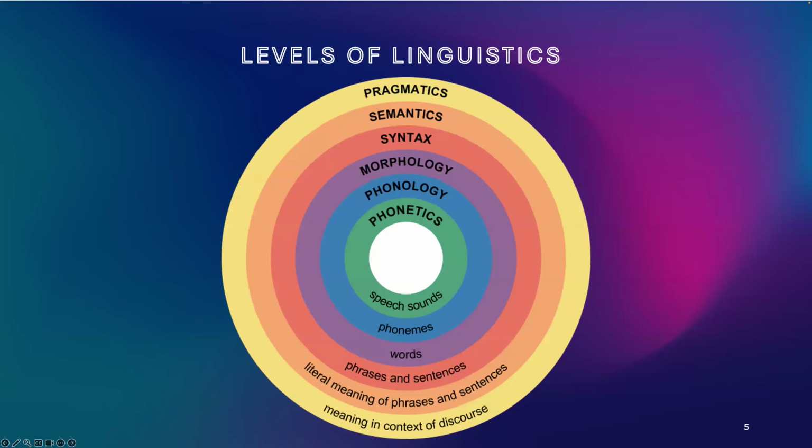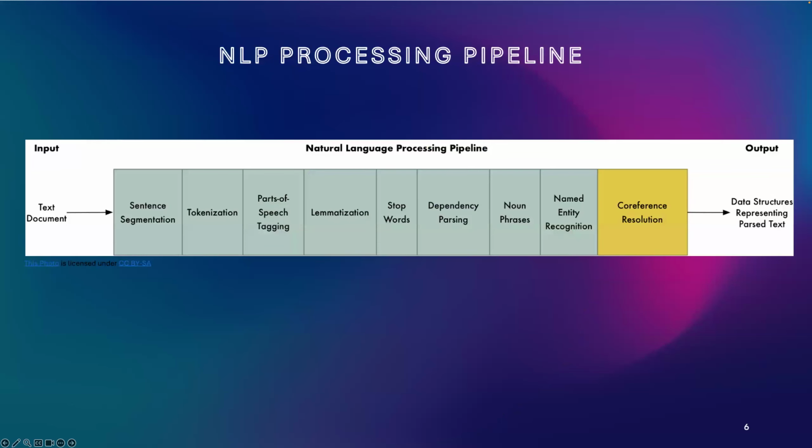So now that we looked at these levels of linguistics, let's look at the NLP processing pipeline. Whatever the application is, this is a general representation of an NLP processing pipeline, and it's essentially a backbone of building applications which revolve around text analysis. Of course, it can vary from application to application, but it's a good general